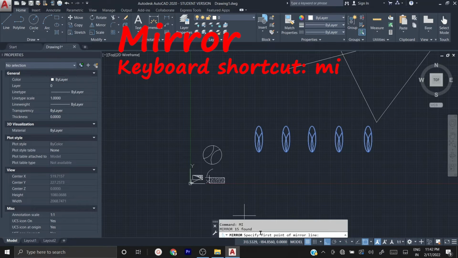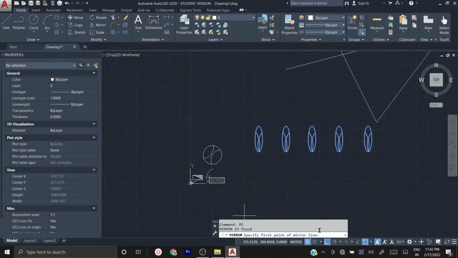Now it asks, specify first point of mirror line. Mirror line is the imaginary line, so from that line, the mirror will be created. Suppose I imagine this as my mirror line, then the starting point of this line has to be here. You just click it, then move.